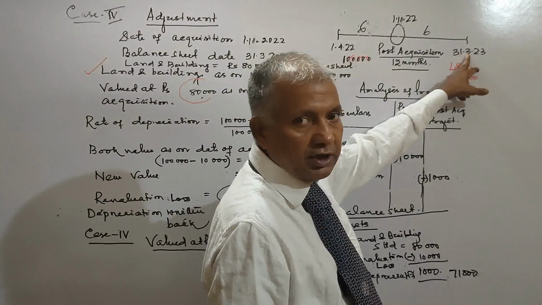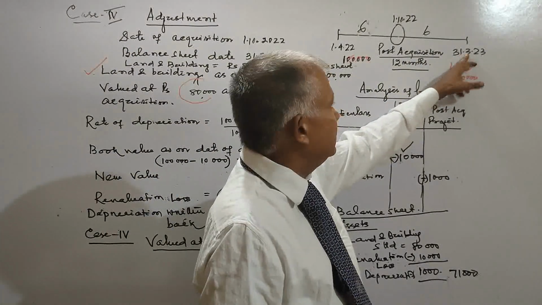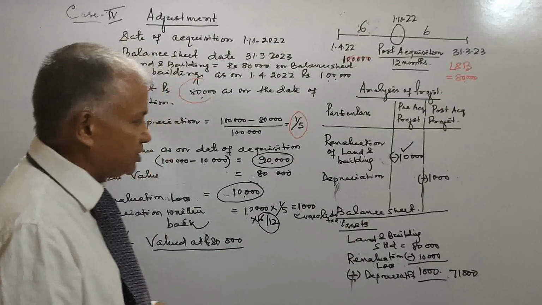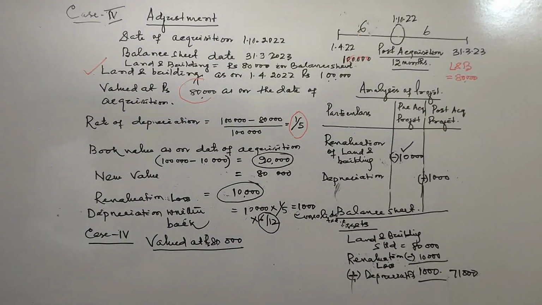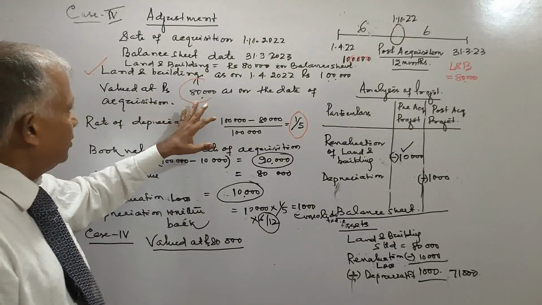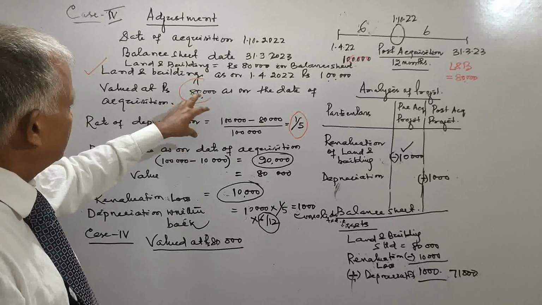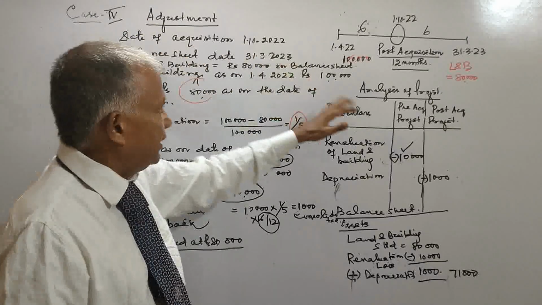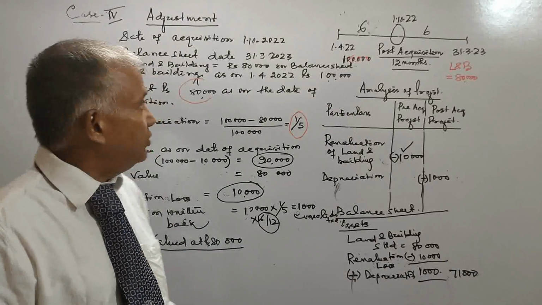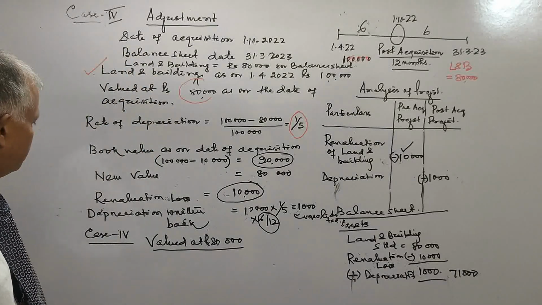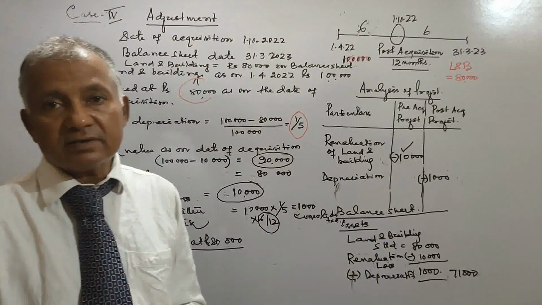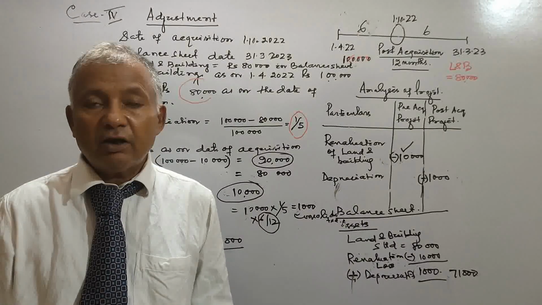and it may be so that the date of acquisition is at the end of the year. In such case, the 12 months is the pre-acquisition period, right? So in this way we can do the problem, and we have discussed all the 4 adjustments, and out of the 4 adjustments it will be a lot of help